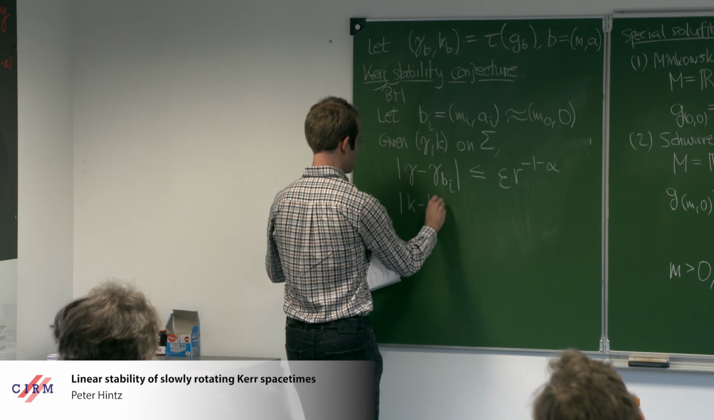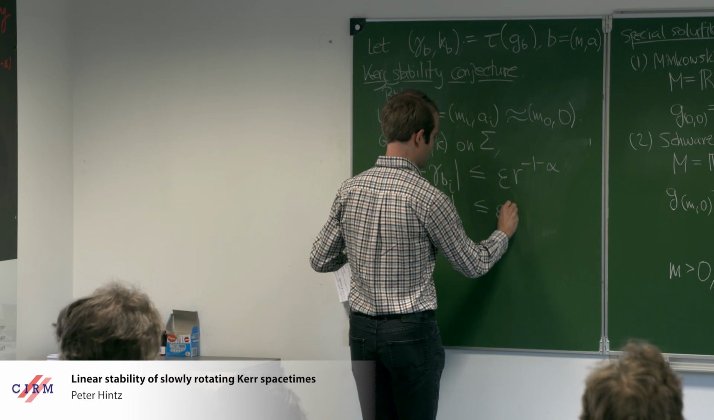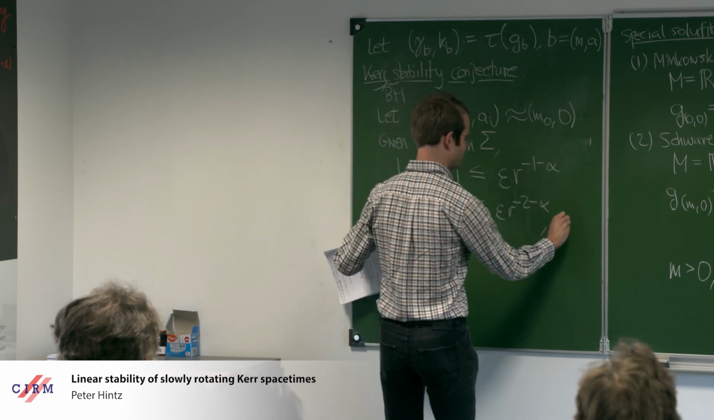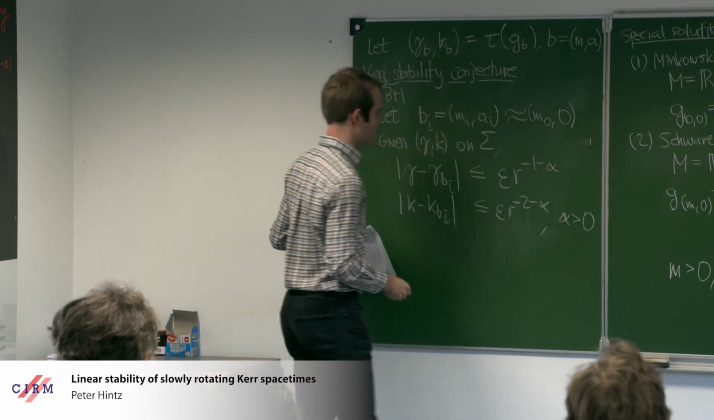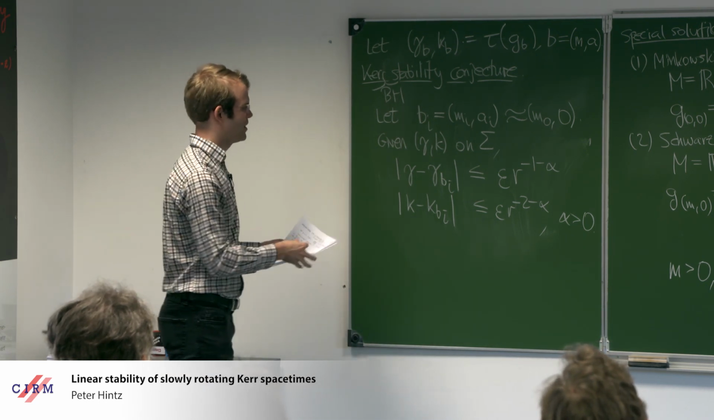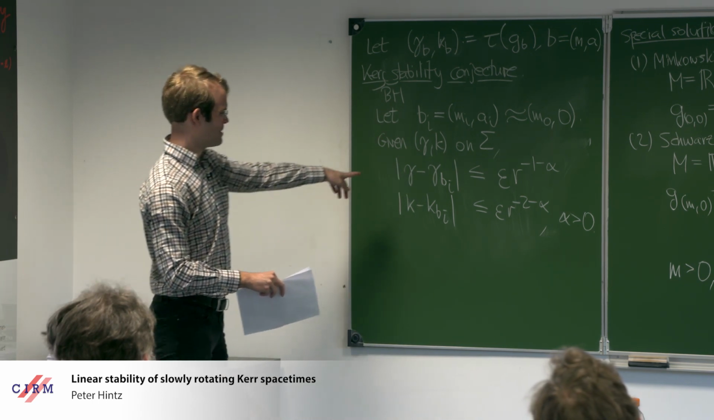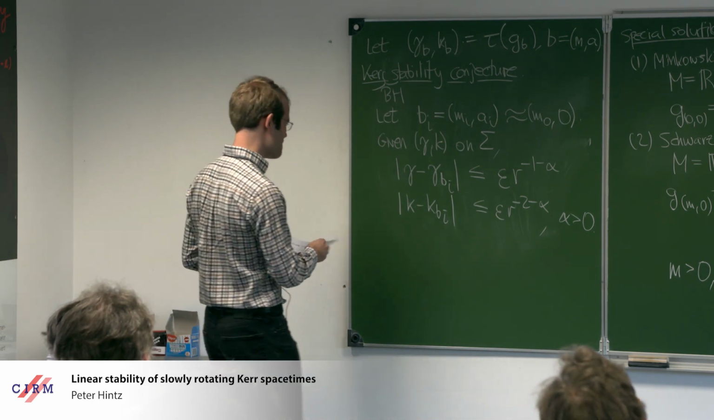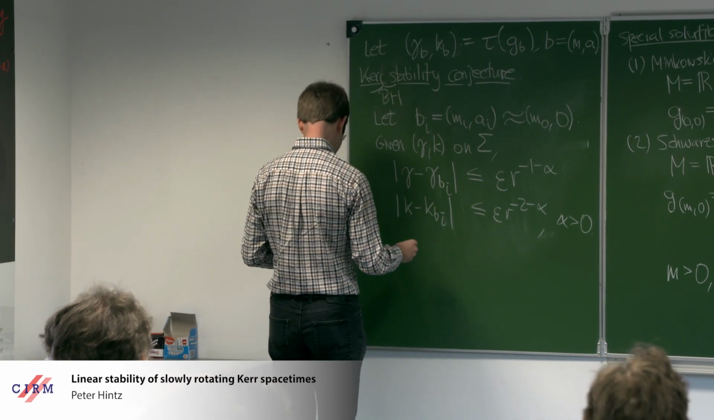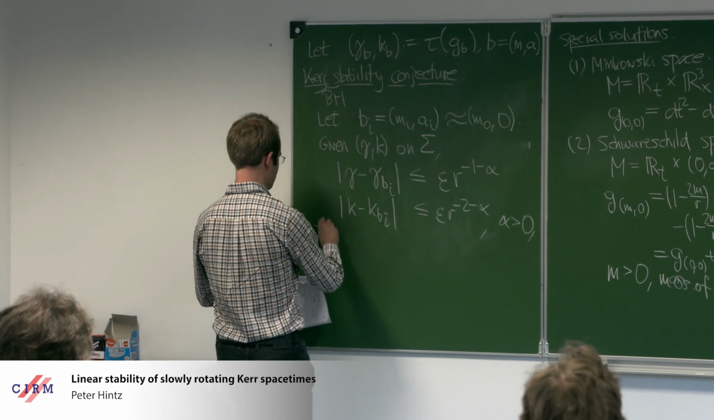And then you also have a similar fall-off condition on the second fundamental form, something like this. And alpha is some positive decay rate. Of course, you want this with a whole bunch of derivatives, but because it's a conjecture, I can claim that this conjecture is false. But if you add some more derivatives, we don't know. Okay, so then given these initial data, there exists